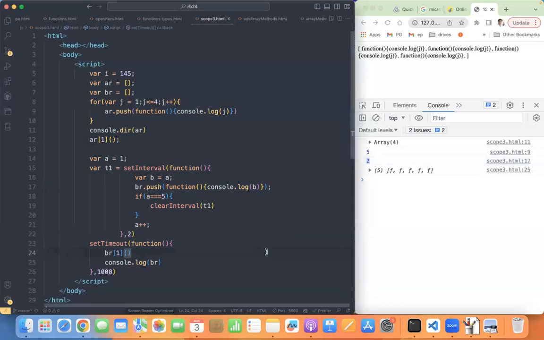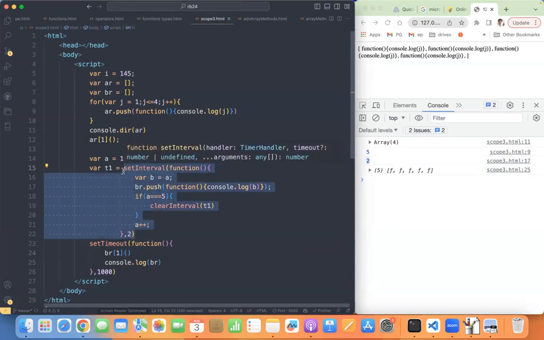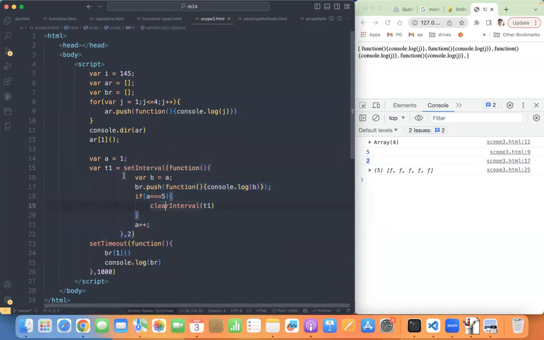Why the answer is 2? Exactly. See guys, careful. So after completion of 10 milliseconds, we will have 5 functions in the br. 5 functions in the br.